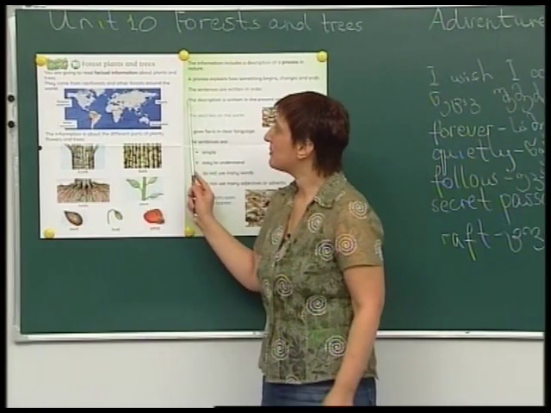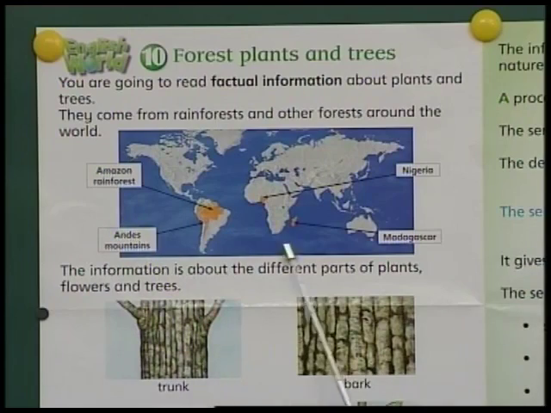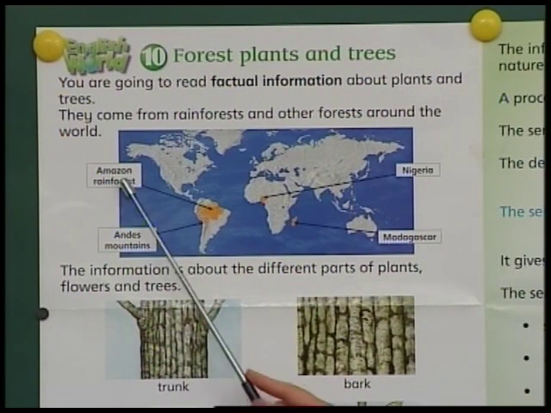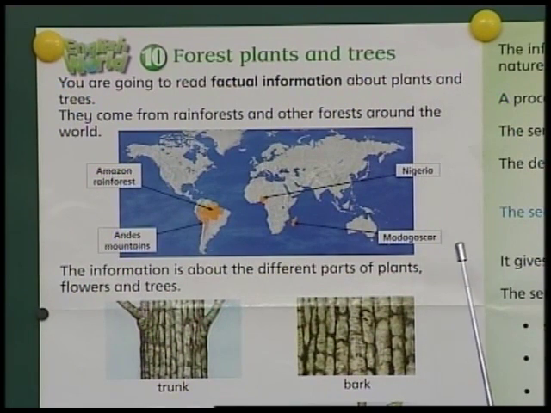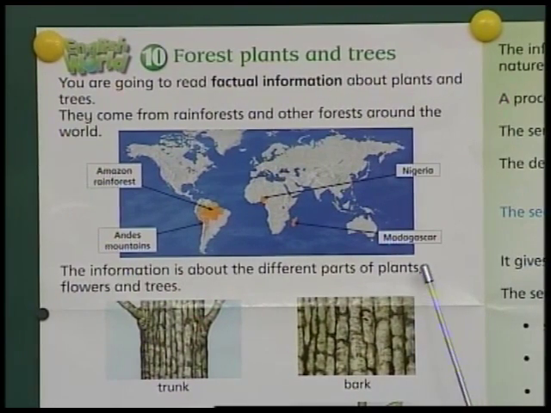So you remember the most of plants and trees were from different parts of the world. And you also remember that the text told us that different parts of plants, flowers and trees were and are